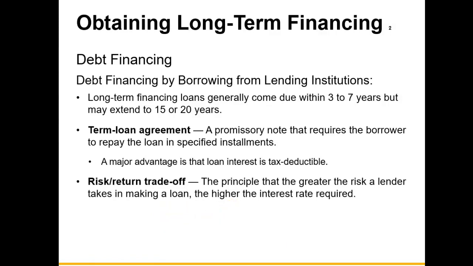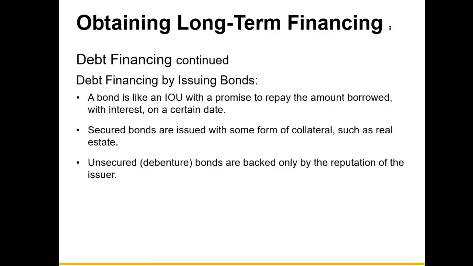So typically, if you have a poor credit score, you're going to end up paying a higher interest rate when you borrow money. Another way to obtain long-term finance is from the issuance of bonds. Bonds are a form of long-term debt. They're like an IOU with a promise to repay the amount borrowed along with interest on a certain date. So bonds may be for a time period from 1 year to maybe 20 years,